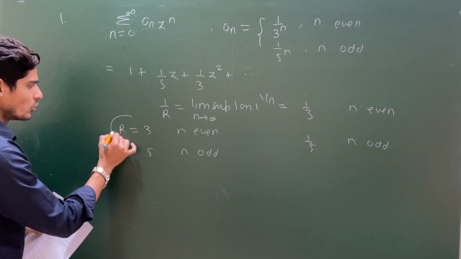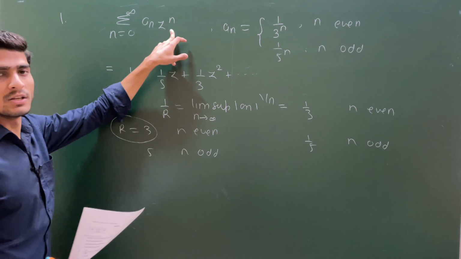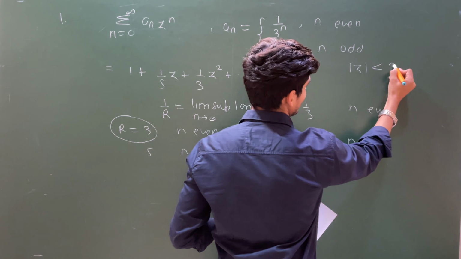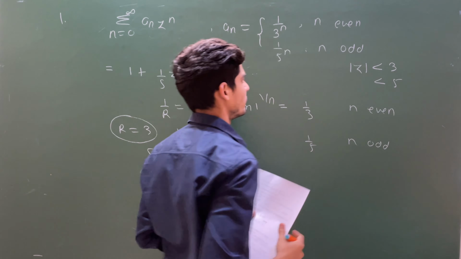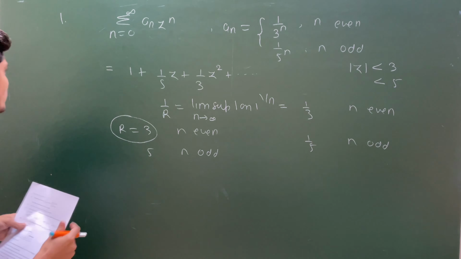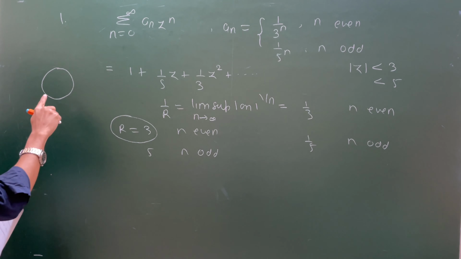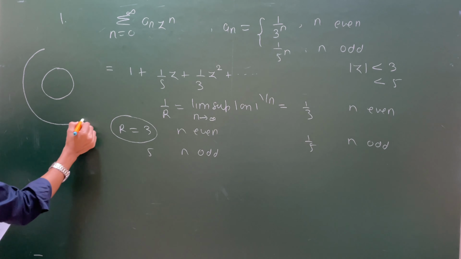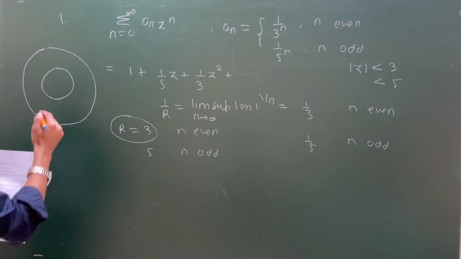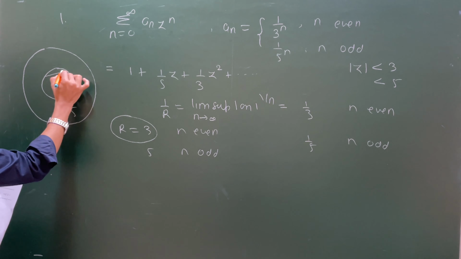If I choose this r to be 3, that is, the radius of convergence is 3, your center is 0 for this power series. So the possible intervals of convergence will be mod z less than 3 and mod z less than 5. If you draw these two circles, say this is your circle of radius 3 with center 0, and this is the circle of radius 5 with center 0. So this is your origin, this is 3, this is 5. So if you see in this region,